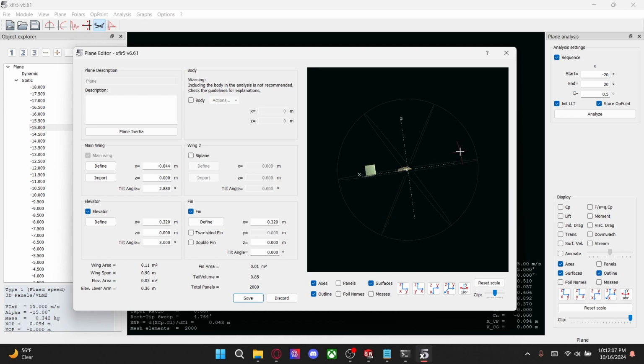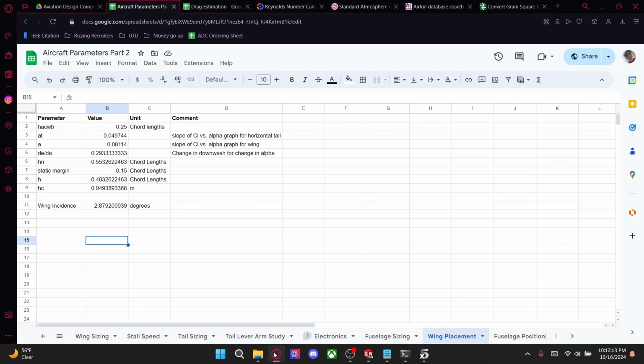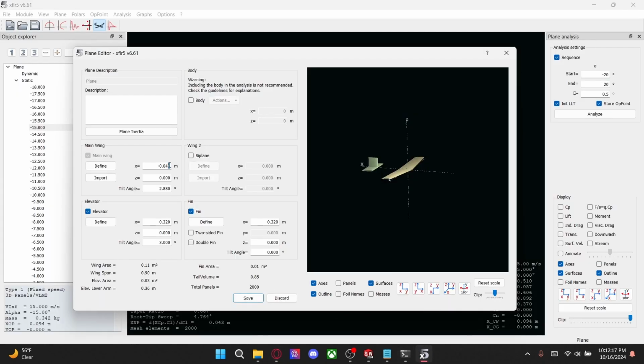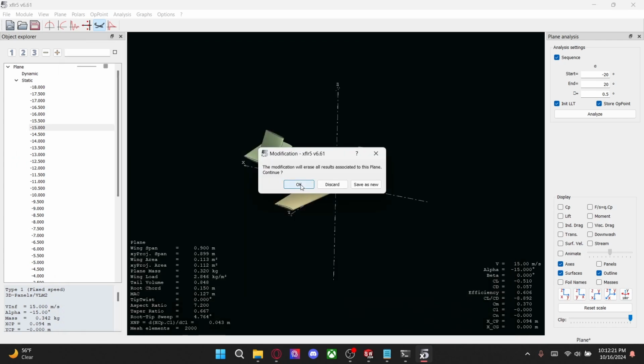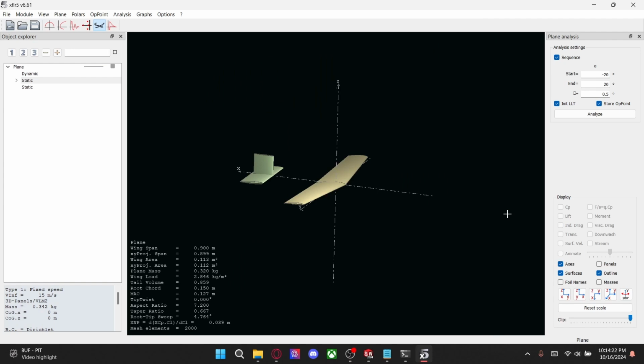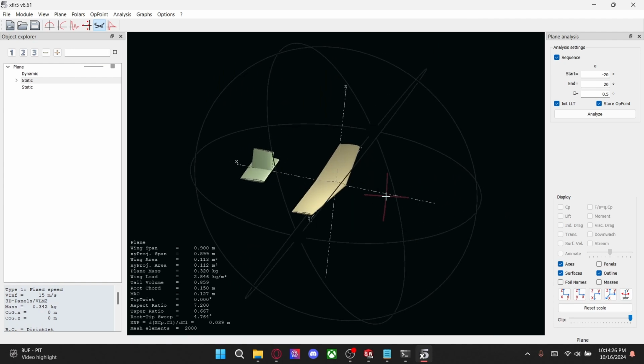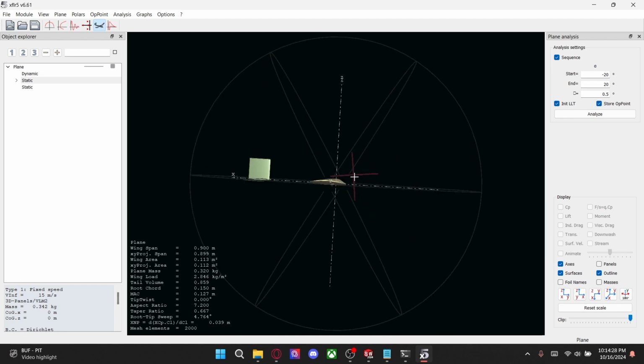Looks a lot more manageable, a lot more realistic now. And then you can also define the wing 0.49. Move a little bit. Okay, so now we have our wing position design defined, and then we also have our wing incidence is now